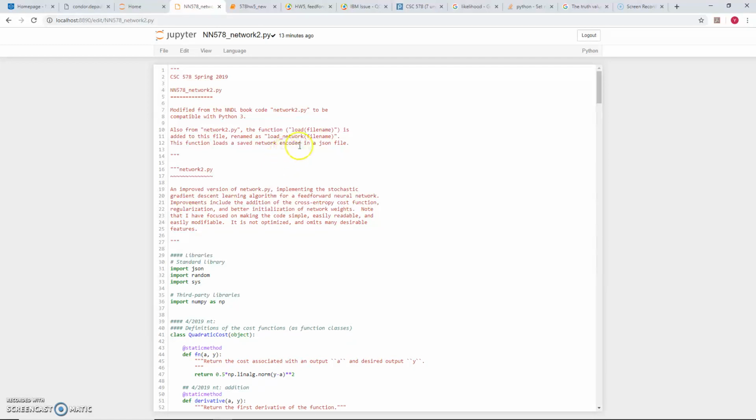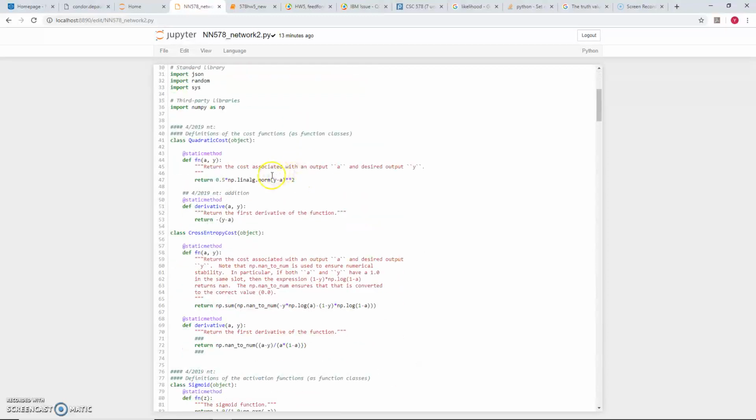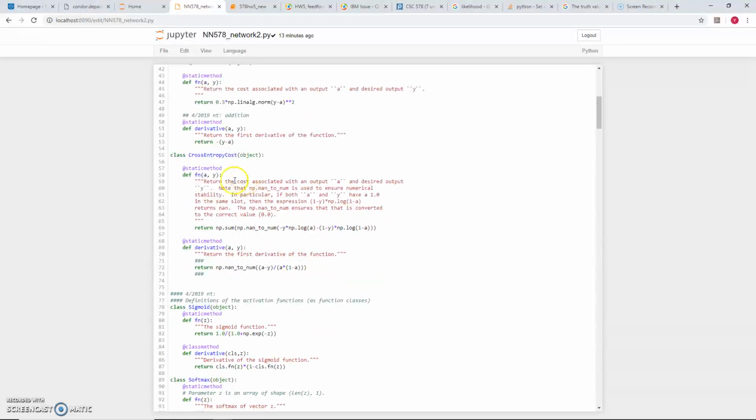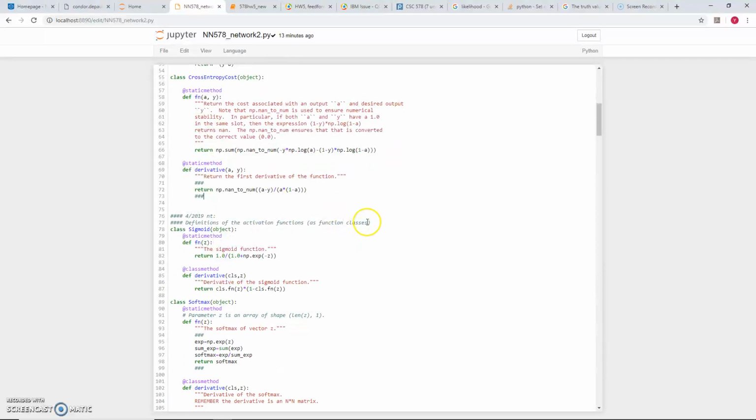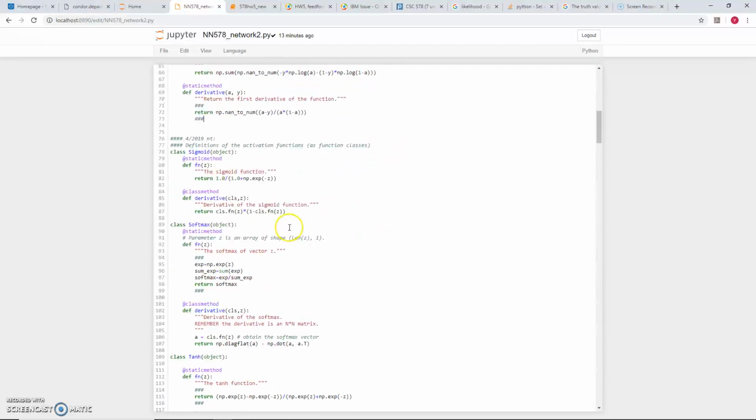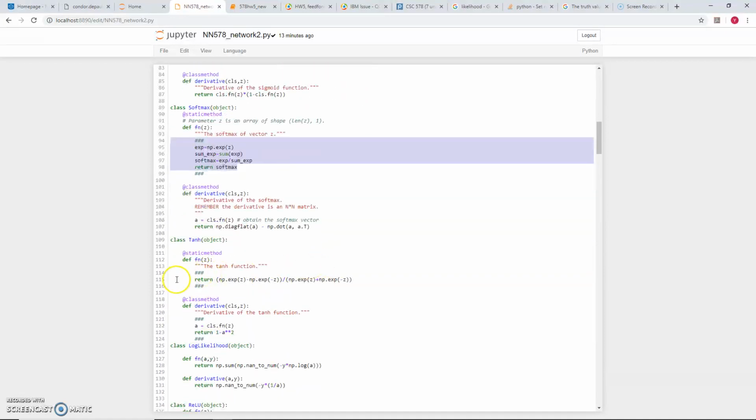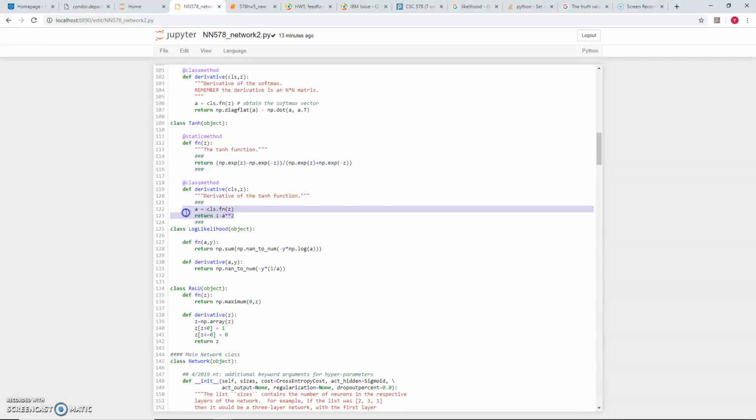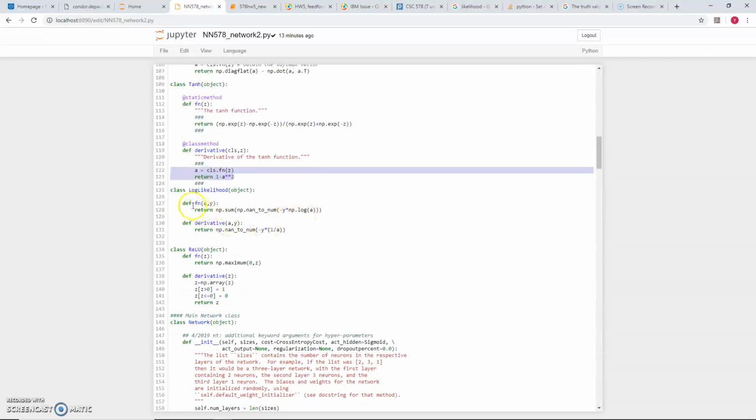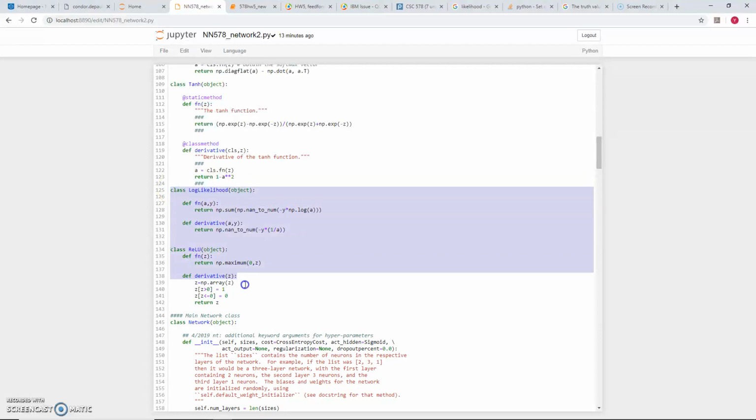Hi, let me go through the network file first. This is the cost function, and yeah, I wrote this part. I also did softmax and tanh and its derivative. Also, I created a likelihood function and ReLU function,